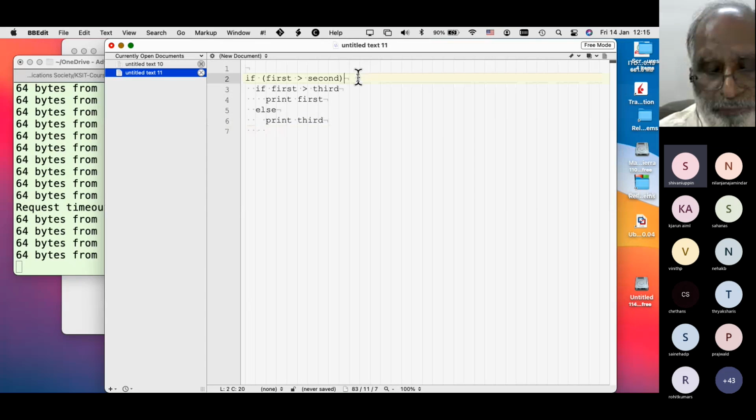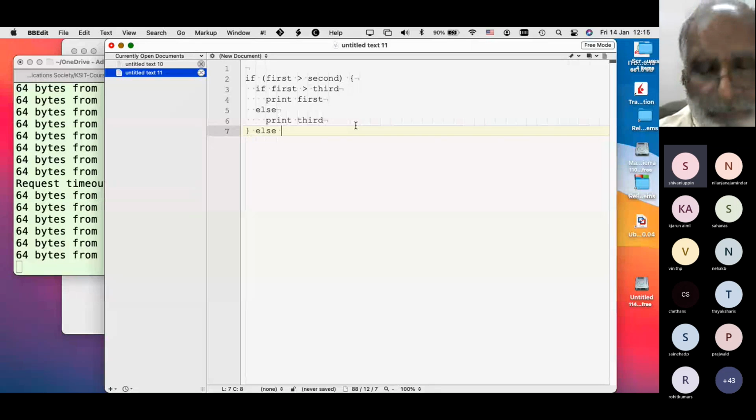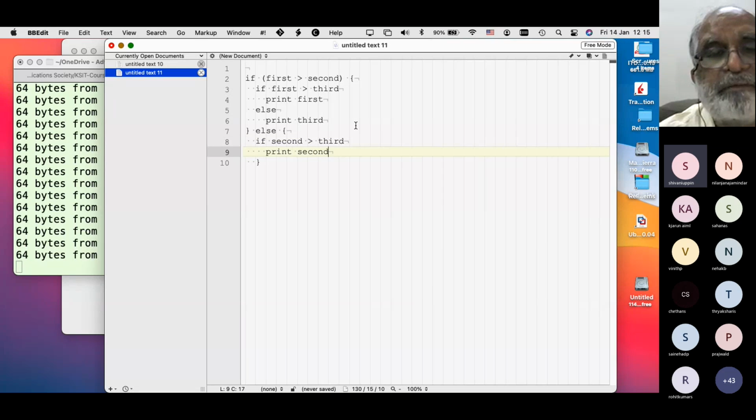So if you want to put it in a block, this becomes the first block. Else, if first is not greater than second, that means second is greater than first. Then we would say if second is greater than third, then print second, else print third.